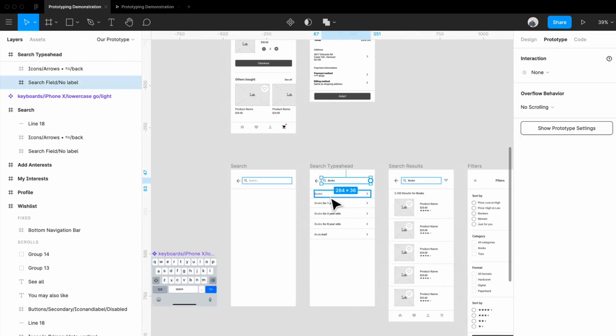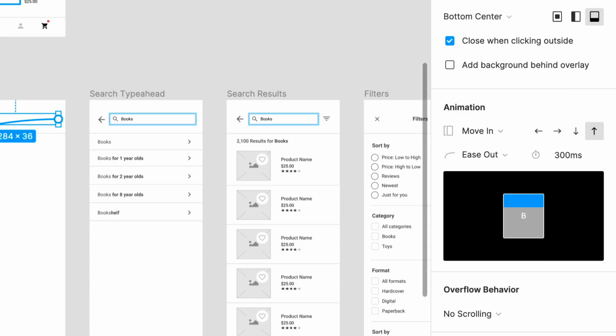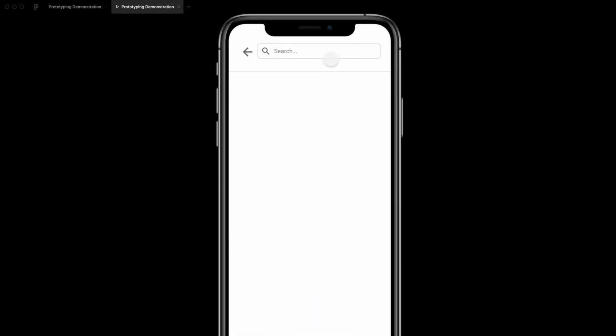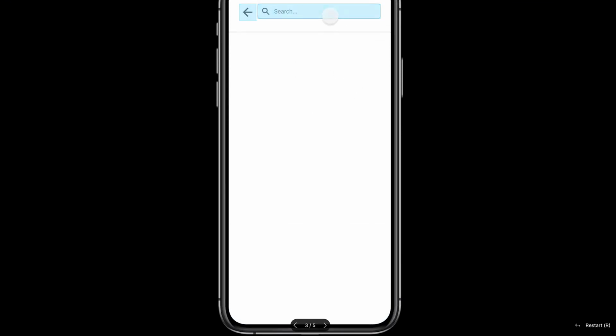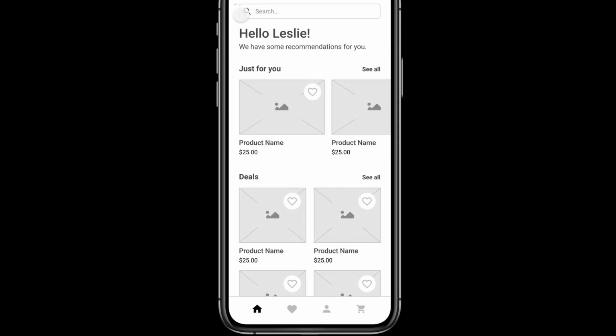So let's just, I want that to come in from the bottom. Okay, so if we just test that. Cool, I love it. Okay, and if we do that, we have our results. Perfect, I love it. And then we can go back if we want, or we can actually,